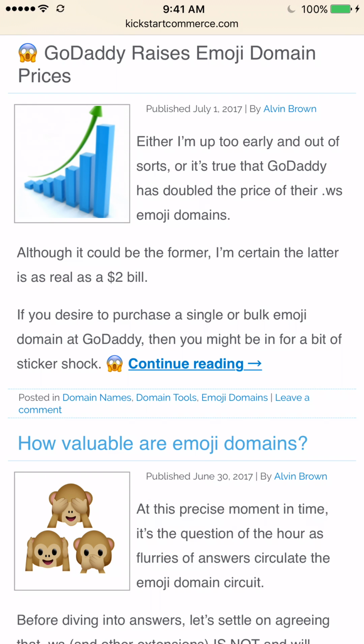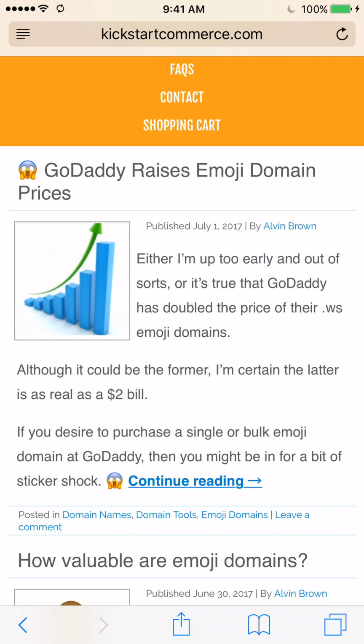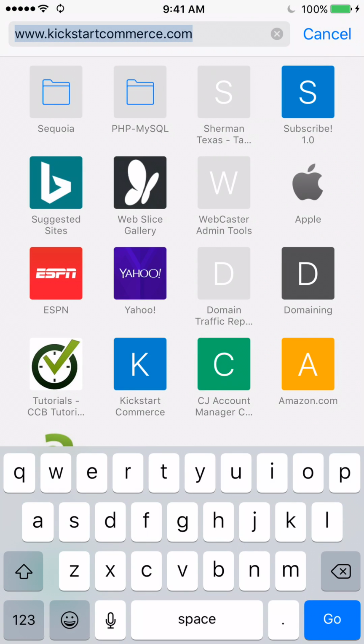One of the first things you'll want to get acclimated to, if you're using an iPhone, which I'll be using for this tutorial, is to open a web browser and click into the URL address bar. There are two sites that I'm going to show you how to use, actually three in total, but two to look up the emoji domain, as well as another tool that I'll mention shortly. So the first that I want to share with you is the